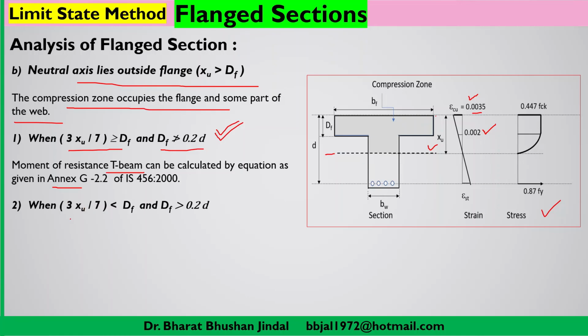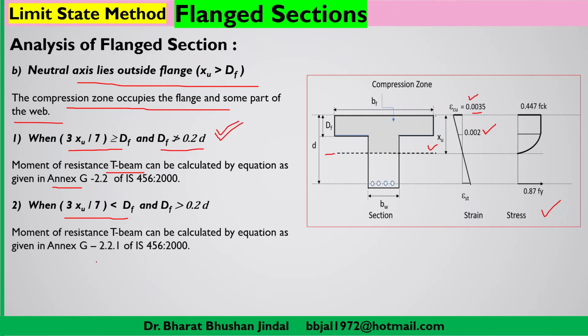And if your section is meeting this condition, then you can refer to subclause G 2.2.1 of IS 456. And a third condition, that means if xu max is greater than xu and greater than df, then you have to follow the guideline which we mentioned in G